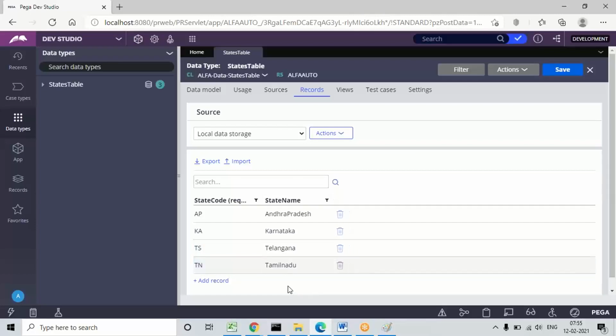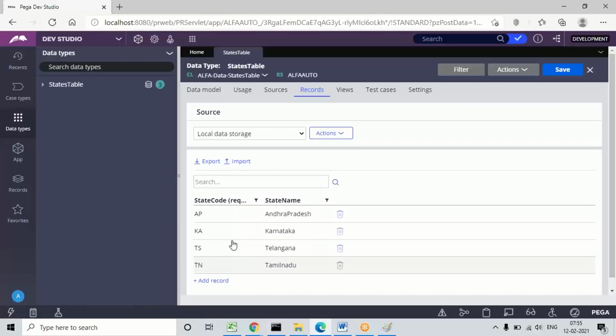Okay, I have just given some records. How to use these records in the UI or how to load these records, I said they are dynamic records, right? The records given in the table are dynamic records, and we can load these records to the UI. That will be worked on in the next week's classes. And here you'll also get the option to import data. Suppose we have hundreds of records, you can export them.